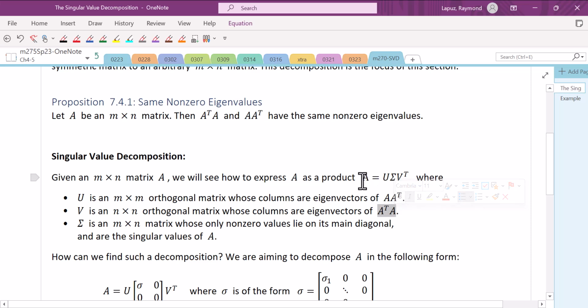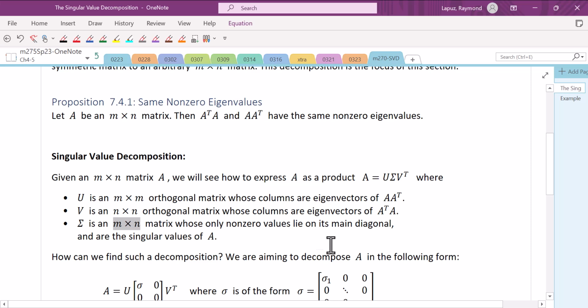When we diagonalize a regular square matrix, it's going to be, I think it was P times D times P transpose. So instead of P and P transpose, because the diagonal is not going to be a perfectly square matrix, these two matrices, P and P transpose, or in this case U and a different matrix V transpose, will have to be different sizes. And so you can see that U is going to be m by m, V is going to be n by n. And then sigma, this is your non-square matrix, is going to be kind of a diagonal.